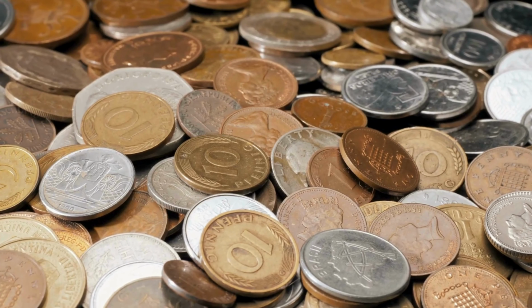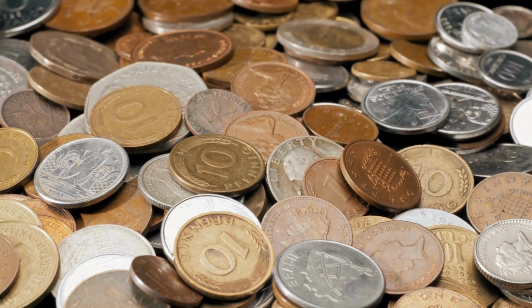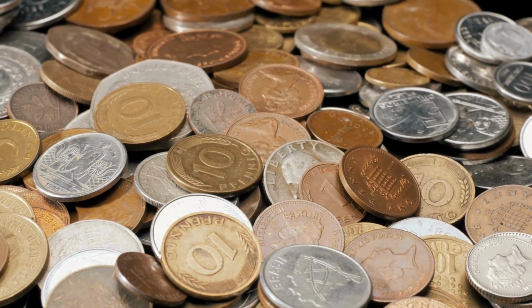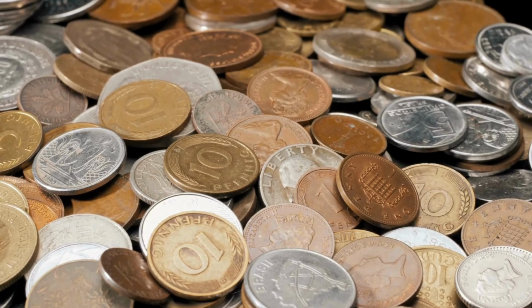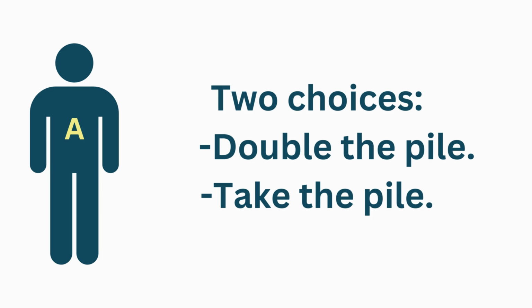Now let us discuss another situation, the coin doubling game. There are 2 players and a finite number of turns. The game starts with some number of coins in a pile. Then player A in his turn can either double the pile or take the pile. If he chooses to double, it is player B's turn and the game continues. If he takes the pile, the game ends. So when is it optimal to take the pile?